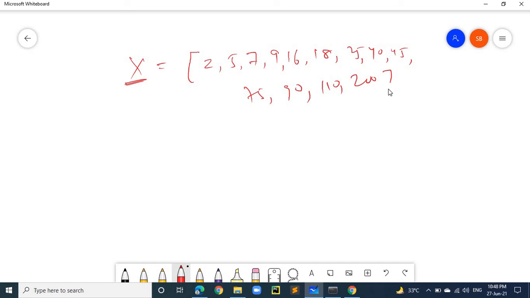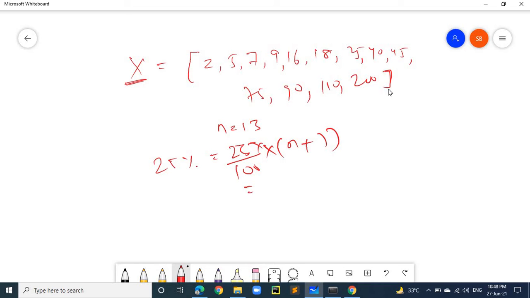If you calculate the 25th percentile, the number of records you can see here is 13: 1, 2, 3, 4, 5, 6, 7, 8, 9, 10, 11, 12, 13. So n is equal to 13. The 25th percentile is calculated as 25 divided by 100 into n plus 1, that means 14.